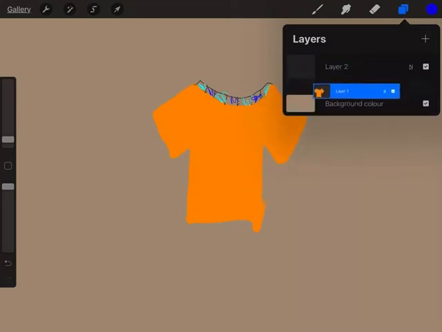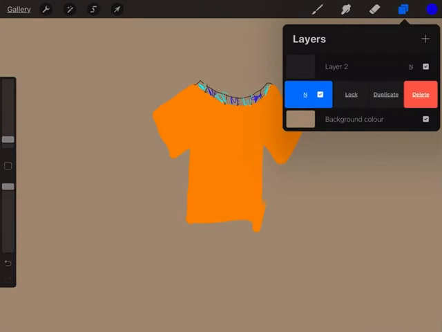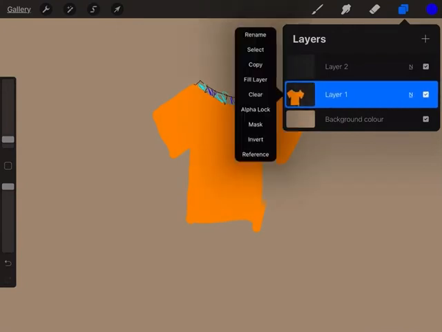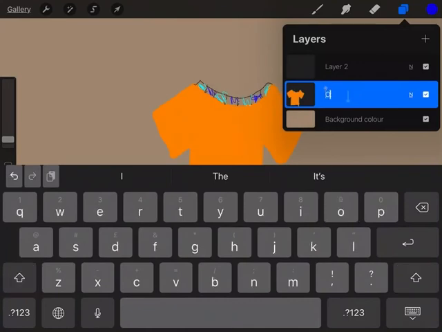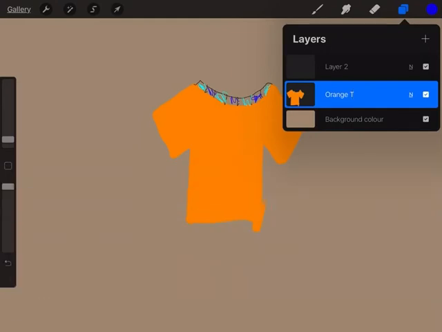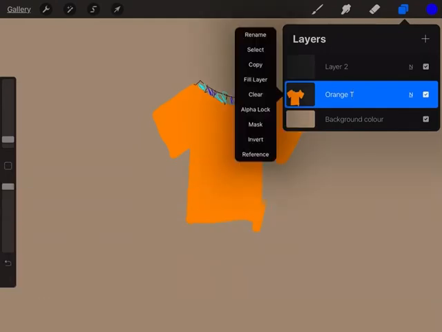Okay, you can also move layers around like that. If you double tap, sorry, and then you click on rename, then obviously you can rename it. I'm going to name it orange tea, and then click done,